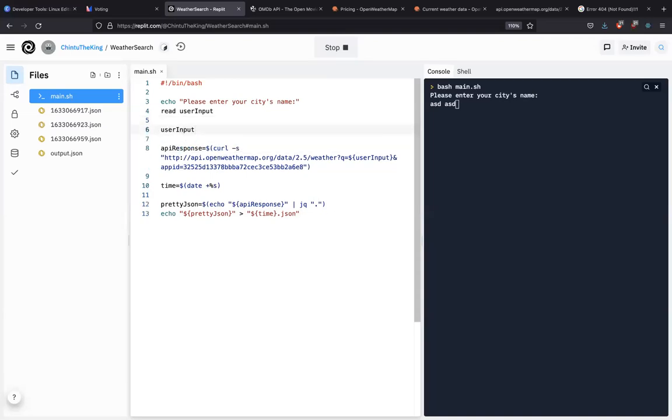user input is equals to, and then have an execution block again. But what we want to do now is echo user input into the sed command, right? What that does is you can use pattern matching to replace characters. So in this case, we want to replace the spaces with percentage 20 pretty much. So what we can do in this case is just